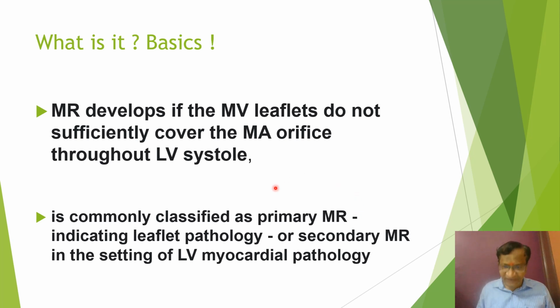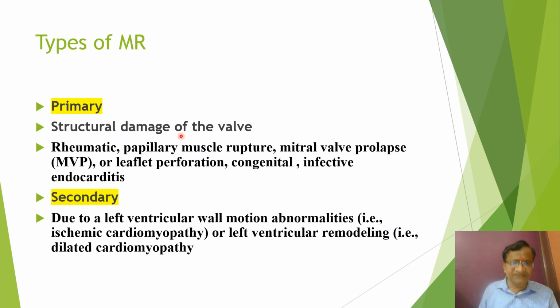It is commonly classified as primary MR. Primary MR means there is a leaflet pathology. There is a problem in the leaflet, rheumatic origin or something like that. Secondary MR means there is a myocardial pathology. The valve is actually normal. Primary causes include structural damage of the valve: rheumatic, papillary muscle rupture, mitral valve prolapse, congenital, infective endocarditis. Now, if you have an ischemic cardiomyopathy or a dilated cardiomyopathy, then the valve leaks, and it is a secondary